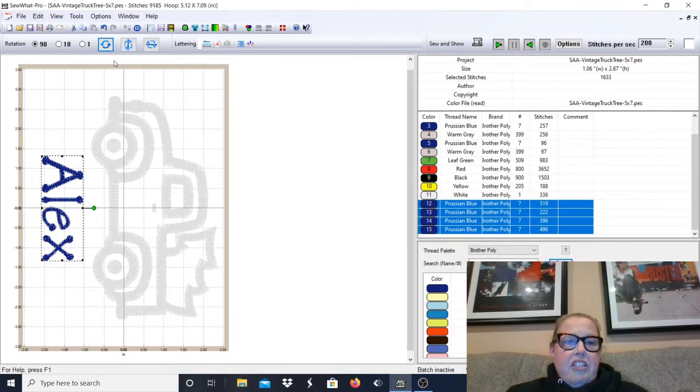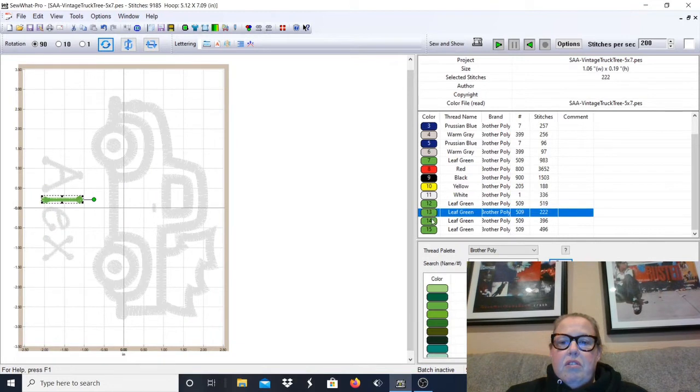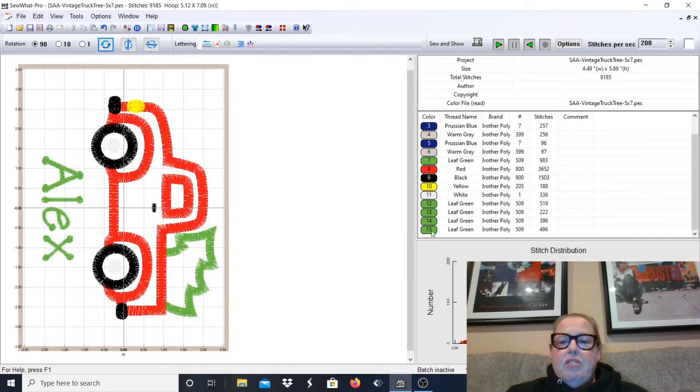And we're going to change the color of it. I'm going to put it back to that leafy green, which I like. The only leaf green that's in this one is in the tree, so this should look really good together. Now, you can see how you've got 12, 13, 14, and 15. We want that to go down to one step. So you're not always having to hit